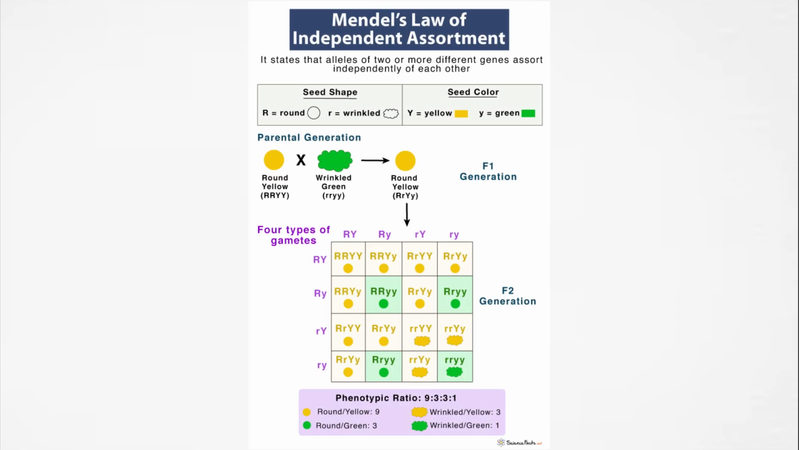Mendel's law of independent assortment states that genes are sorted into gametes independently, allowing all allele combinations to occur with equal likelihood. This is demonstrated in dihybrid crosses such as between YYRR, yellow round, and yyrr, green wrinkled pea plants. The F1 generation is uniformly YyRr, and self-crossing these heterozygotes produces F2 offspring with a 9-to-3-to-3-to-1